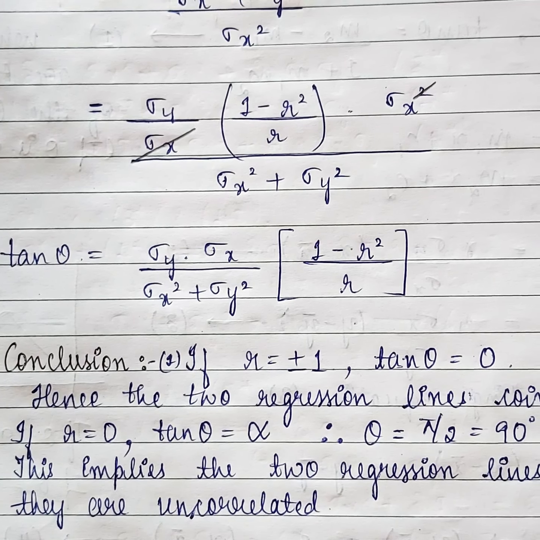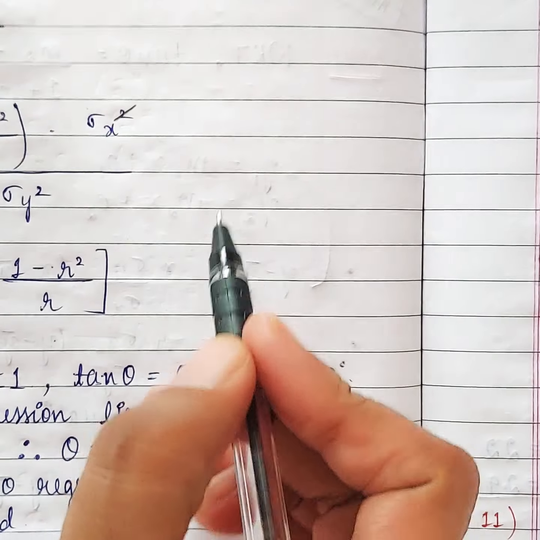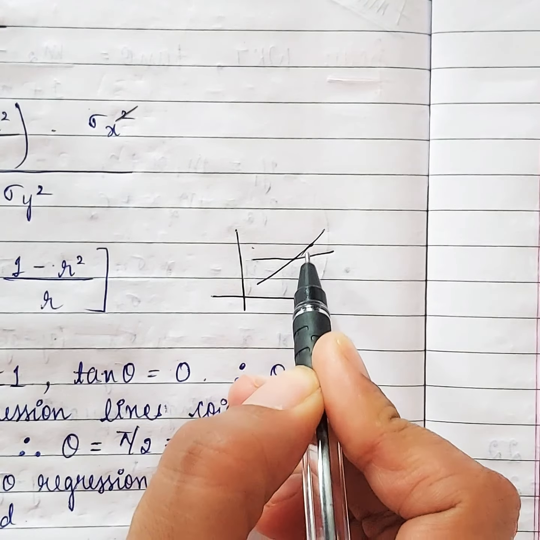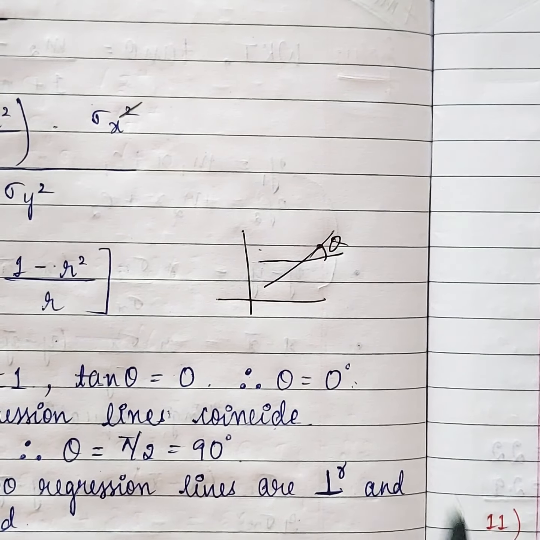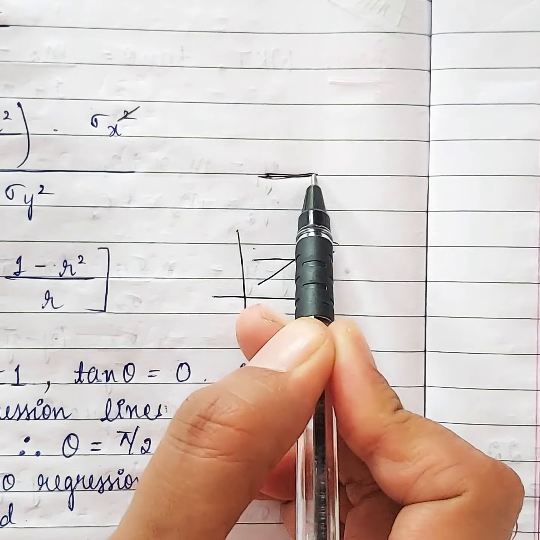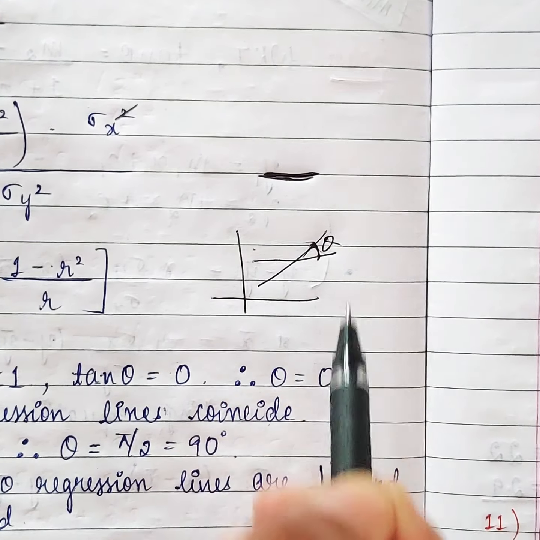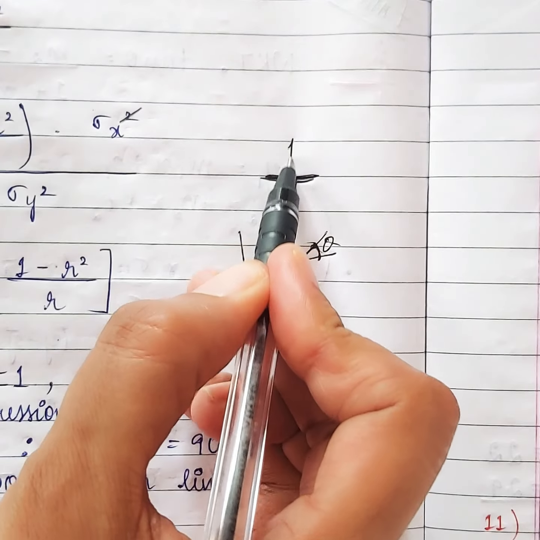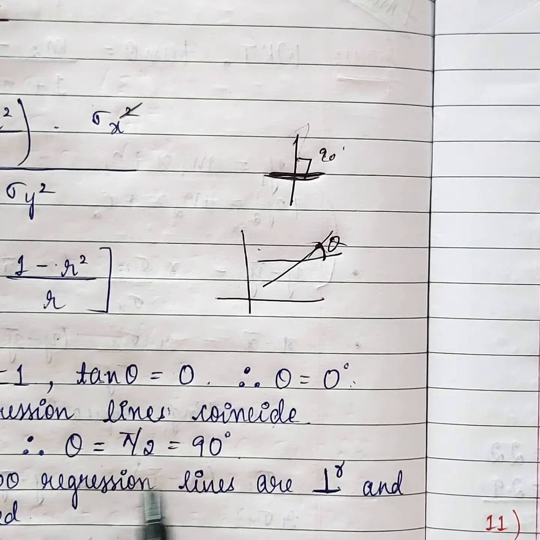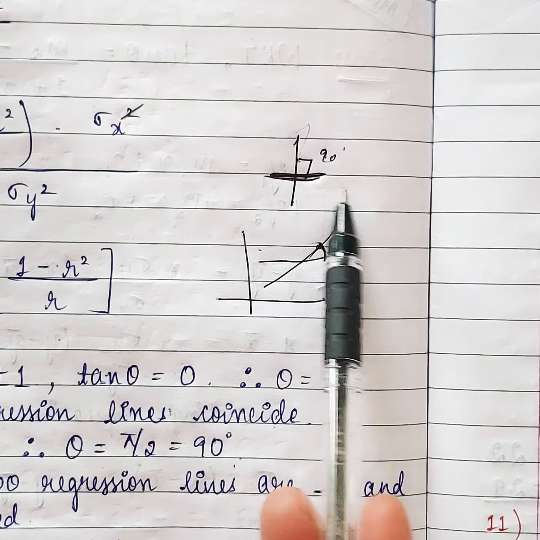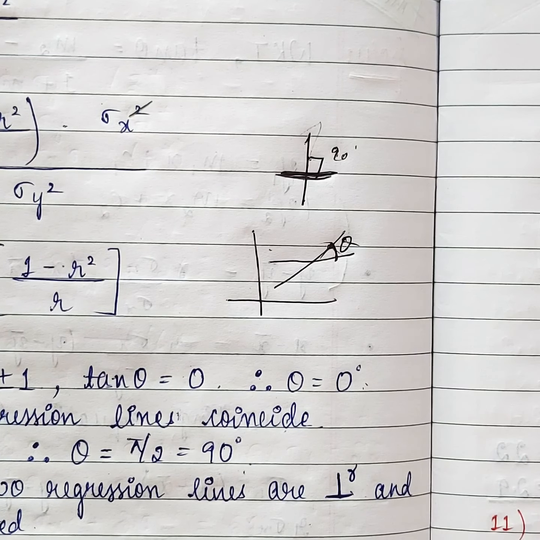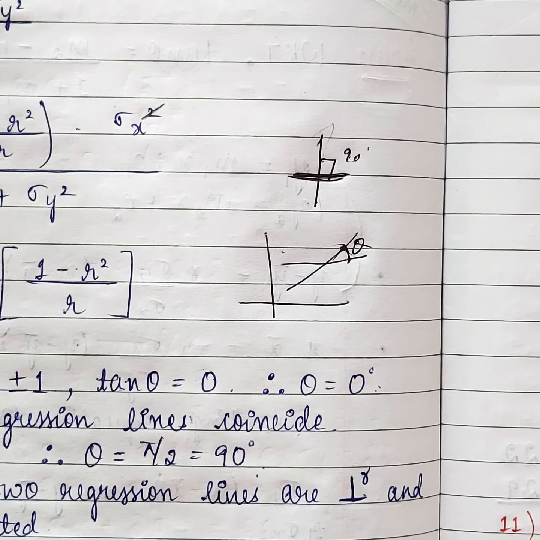So we have say two regression lines, so this is one regression line and this is another regression line, and we are talking about this angle theta. So when r is plus 1 or minus 1, two regression lines are going to coincide. There is no angle between them. Okay. So if it becomes 90 degree, so this is theta. So exactly when theta is 90 degree, it means two regression lines are perpendicular. So it means they are not at all correlated. If r is 0, it means there is no correlation between them.